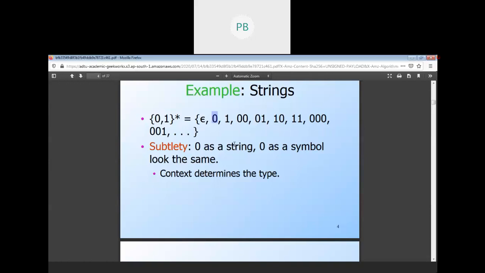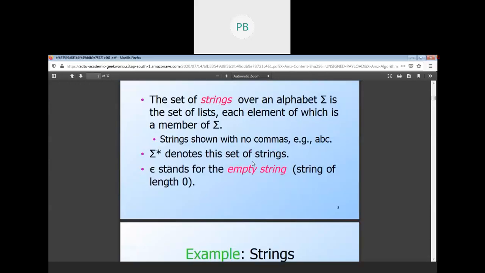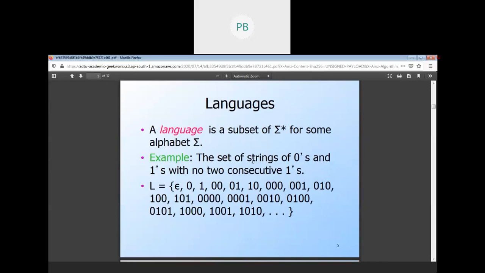So till now we have discussed what is an alphabet, what is a string, then examples of strings. The next thing is languages. Without a language we cannot express anything. Suppose right now I'm taking a class on a particular course or topic.